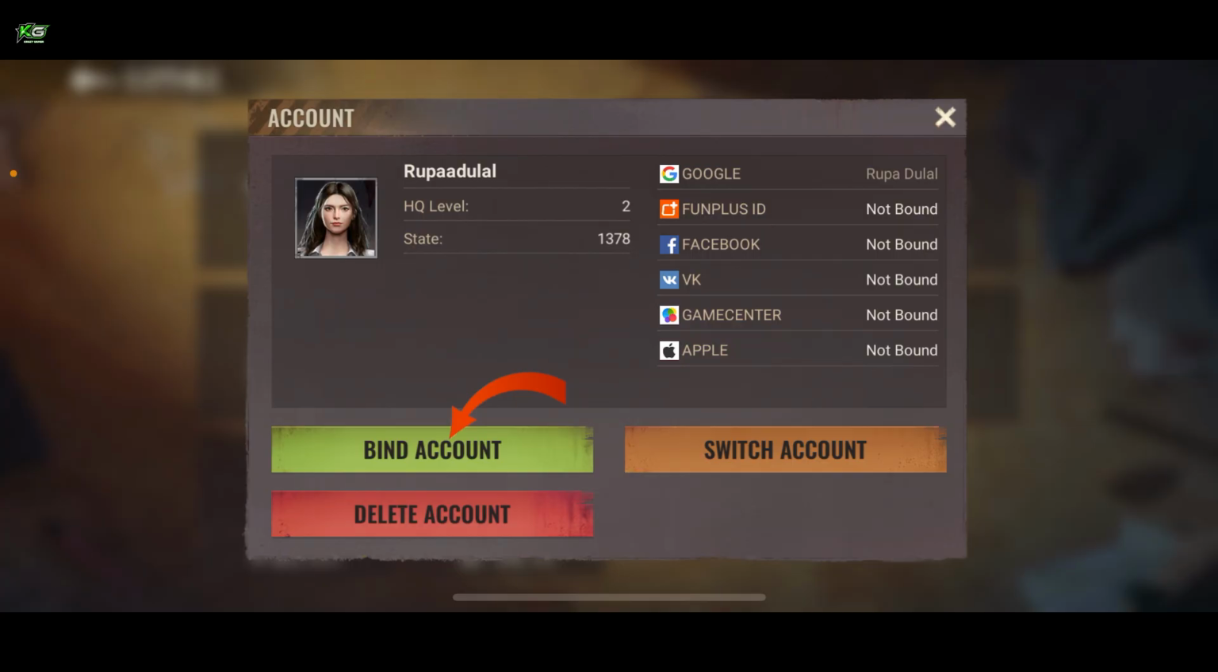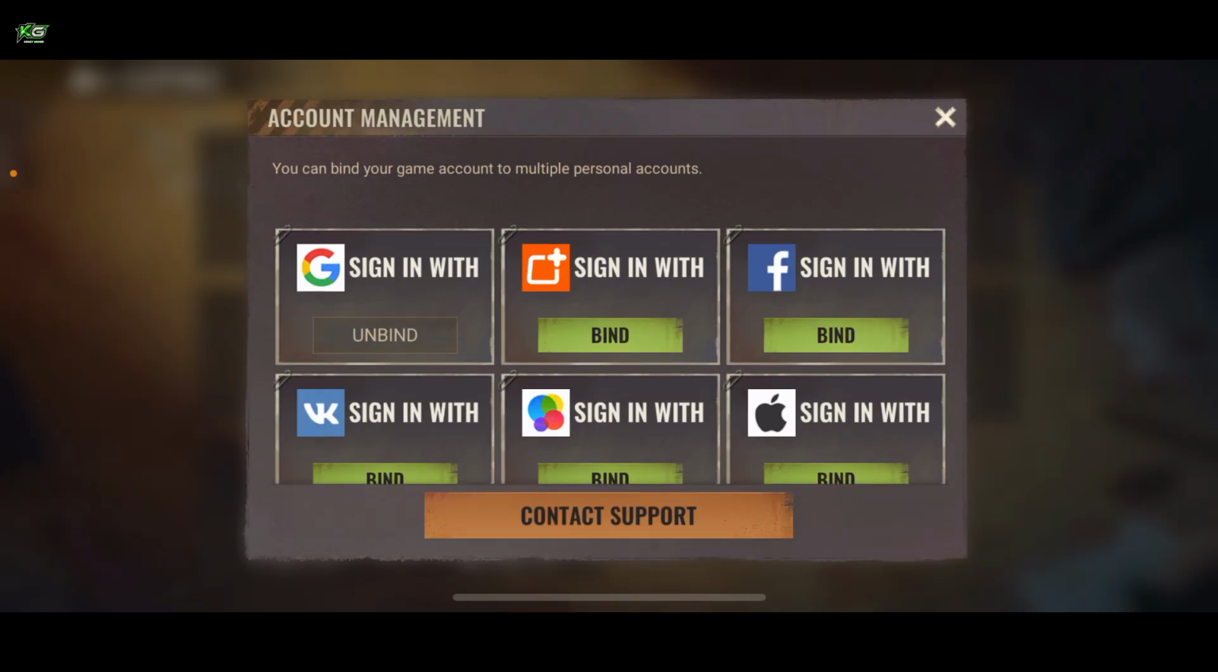Now click on the Bind Account option and you will see a couple of different personal accounts that you can bind with or log out from. Go ahead and look for the Unbind button. Since I'm using the Google account to sign into the game, I'm going to have to choose the Unbind option right